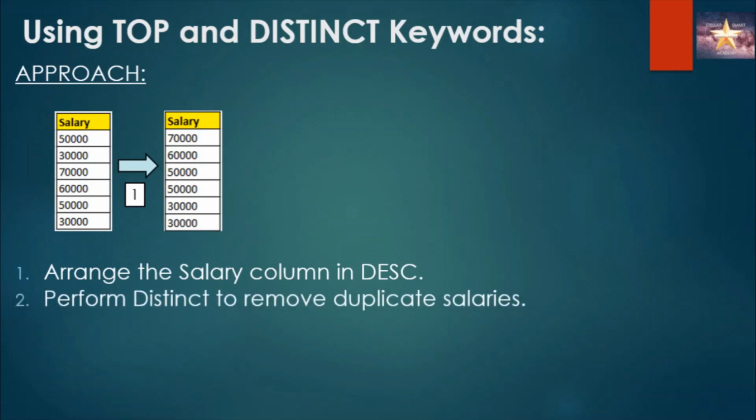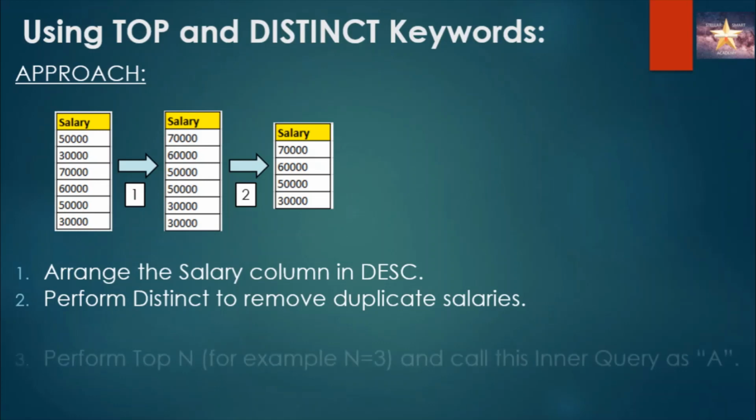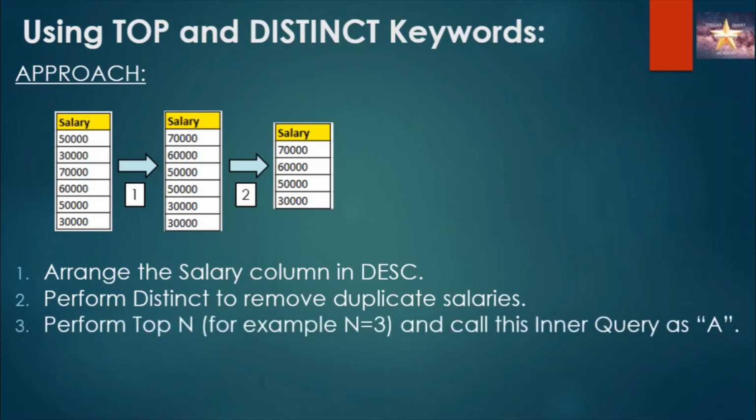Step 2 is to perform the distinct to remove the duplicate salaries from this column. So once we perform step 2, you can see we got rid of the additional 50,000 and 30,000 rows in the salary column, and now all the salaries in this column are unique. Once we have performed the distinct, we will next perform the top n. So if you want to find out the nth highest salary, you should perform the top n. In our case, let's say we want to find out the third highest salary, so we will simply perform the top 3. And all that the top 3 will do is return the very first 3 rows of the entire column. So when we perform step 3, it returns the top 3 rows, that is 70,000, 60,000 and 50,000,